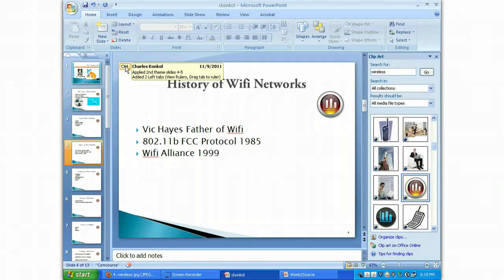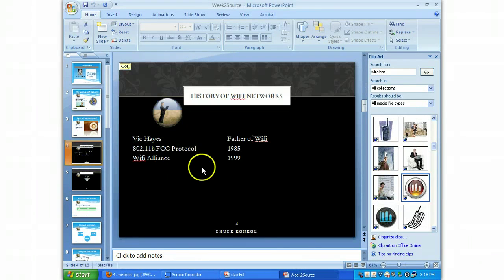Slide 4, add second theme to slides 4 and 5. Add 2 left tab rulers and drag the tab to the ruler. So let me show you what it looks like on mine. Okay? Notice slides 4 and 5 are a different theme, number 1. Number 2,